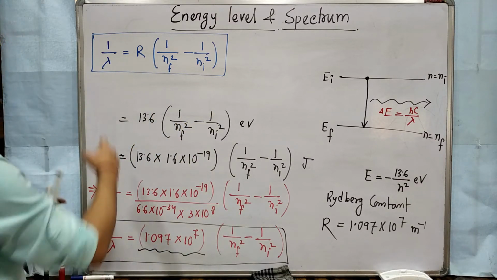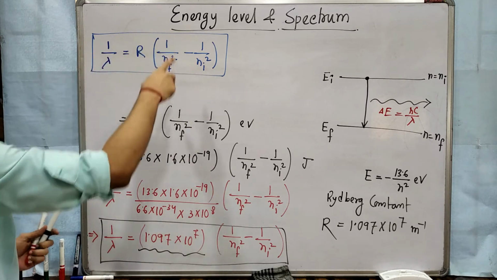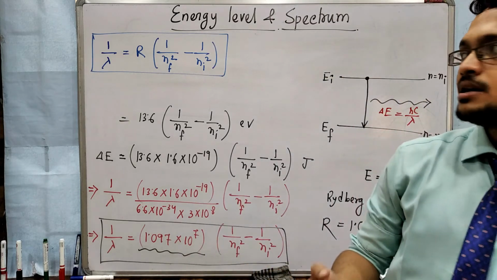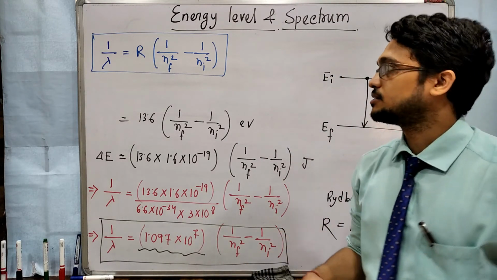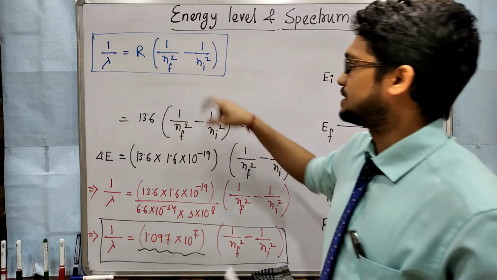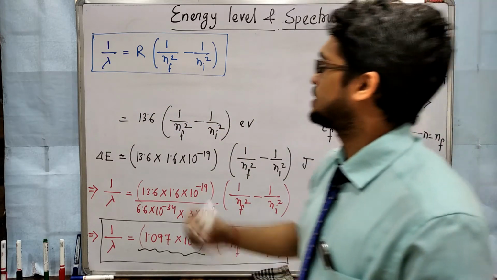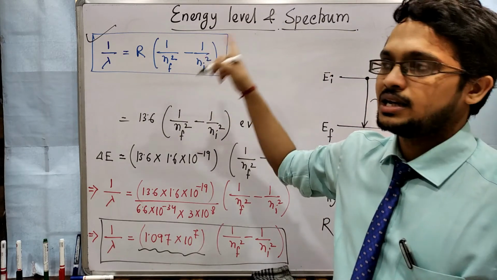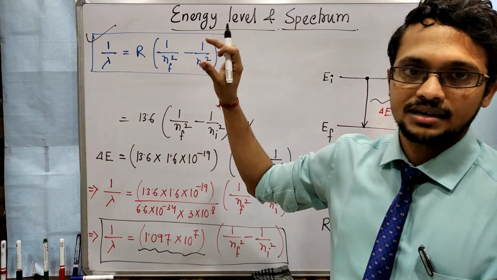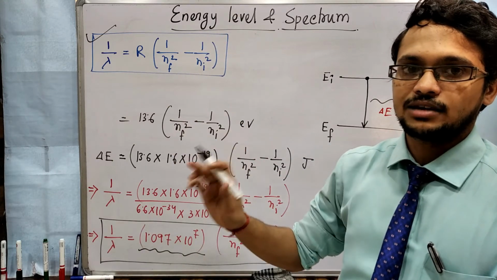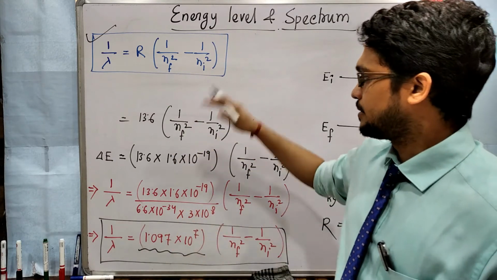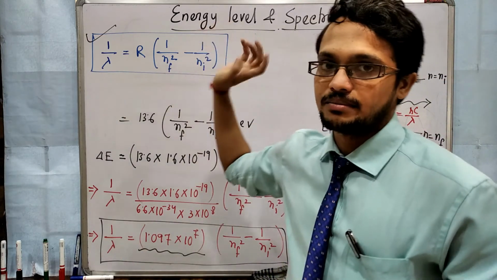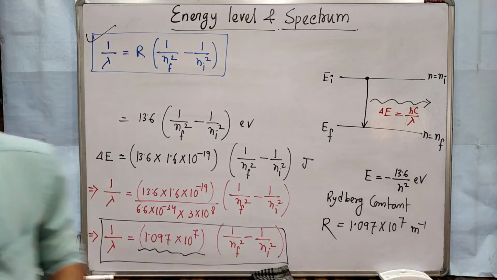The unit of lambda from this equation will be meter. You will convert it into nanometer or angstrom, depending on how it is asked in the question. Remember it as first Nf square minus Ni square. If you forget, write the equation delta E equal to Ei minus Ef. You can derive it 2-3 times at home, then you will automatically remember it. You have to remember this for your exam.